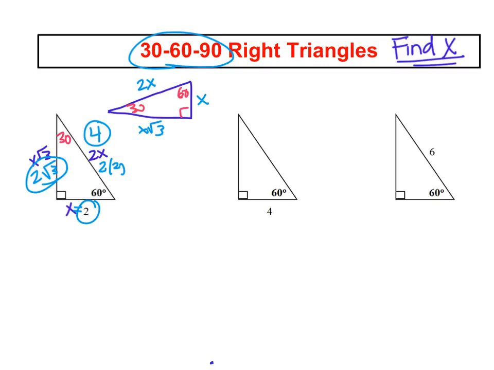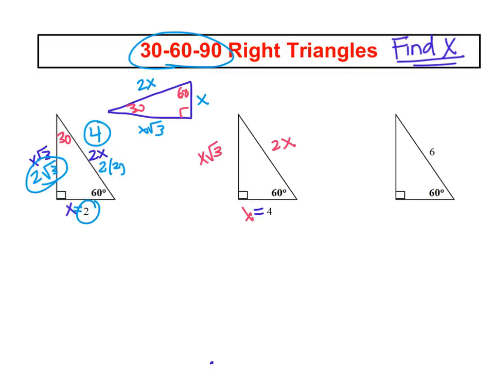All right, so let's try that again. You start by labeling your triangle with the 3 sides. So across from the 60 is your x square root of 3. The hypotenuse is 2x, and across from the 30 is x. Then you put in your equal sign with the side that you're given. So in this case, we know that x equals 4, and we go ahead and we plug it back into